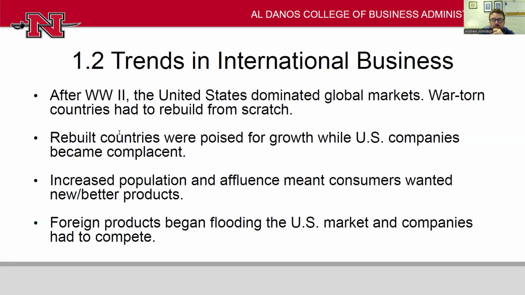Japan certainly rebuilds its industrial base. And it mentions here in the textbook that perhaps to some extent the US companies had become complacent. And so all of a sudden you start getting products from Japan, especially cars, vehicles, electronics, where the quality is perhaps better than US quality. There's some interesting stories about what happened when Ford first started looking at these Toyota cars that were coming over, and how impressed the engineers were with the quality of what was being produced in Japan, and wondering how they did it.